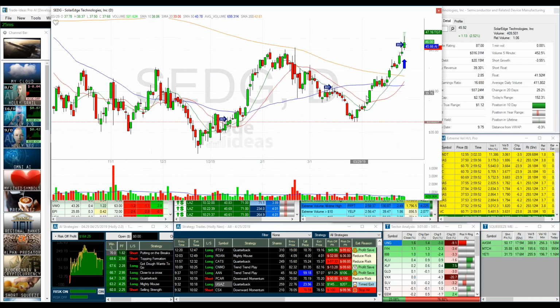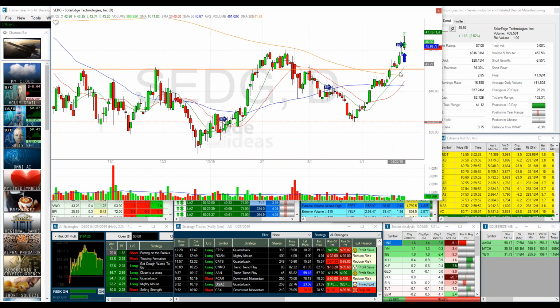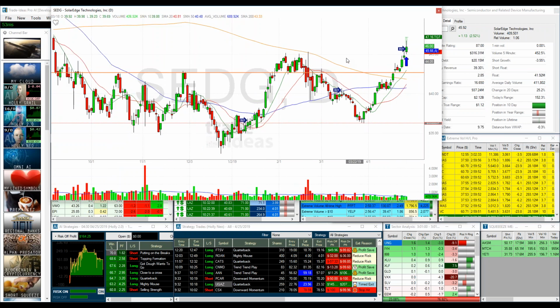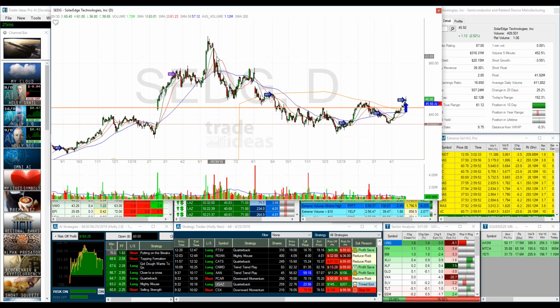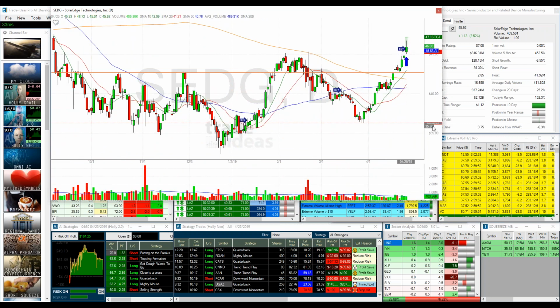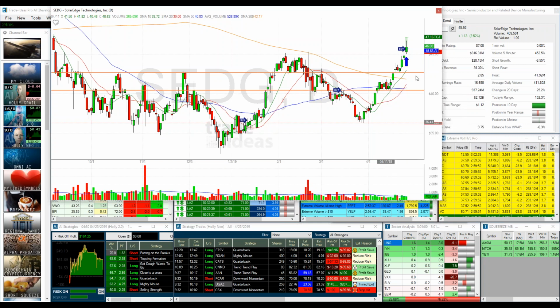Well, if you were day or swing trading this, you might want to put an alert, a stop down here below this level right here. Well, you don't have to be so tight when it comes to investing. If you're investing in this one and you're looking at the long term, you may be looking for this thing to go back up to 60 or even maybe all-time highs. So you can be much more liberal. As a matter of fact, this swing exit that's down here, I would not have it here. This would probably be right here at the worst case scenario for a swing. But that would be a nice little investment.